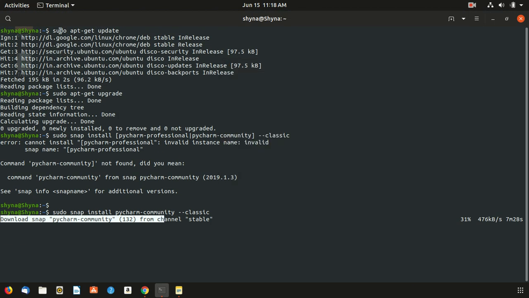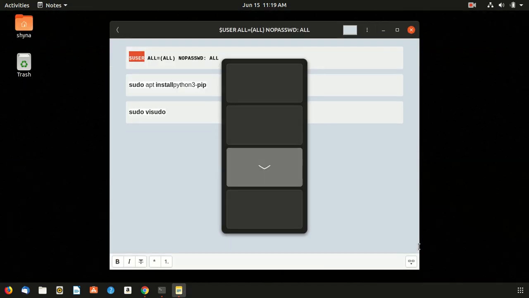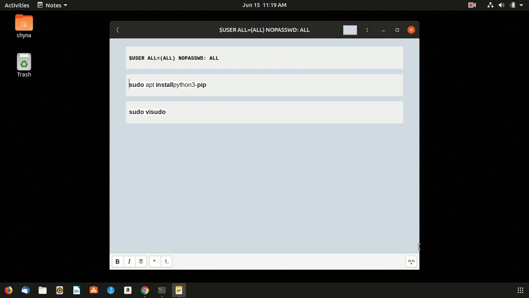If you see, I typed sudo apt-get update, and after that I didn't type any password. Upgrade, same situation, and again I'm installing PyCharm, but it's working fine. Okay, this is one thing. Second thing is, yes,